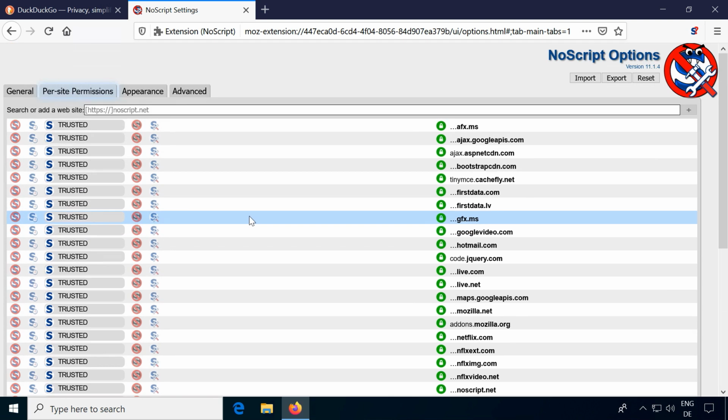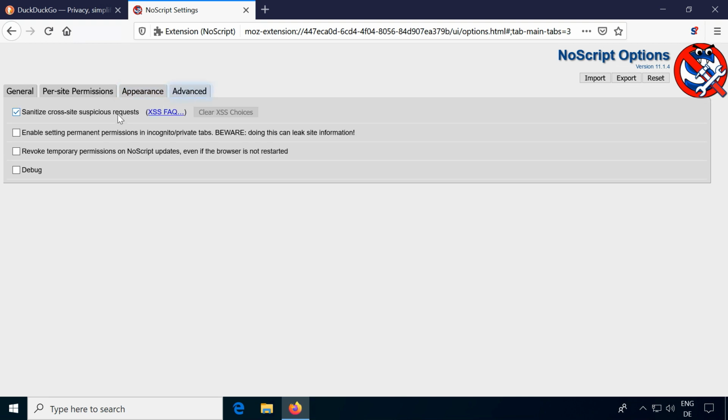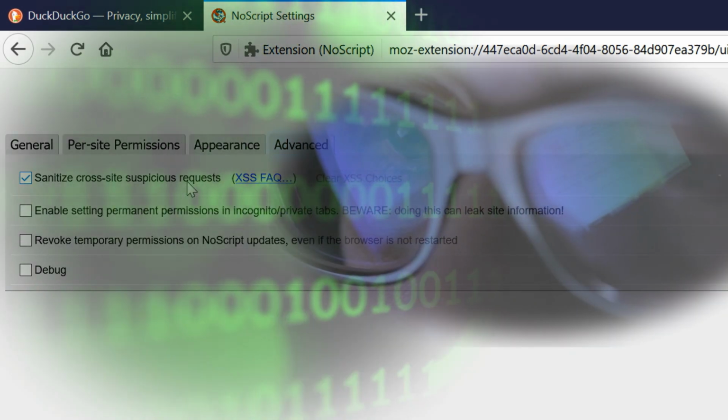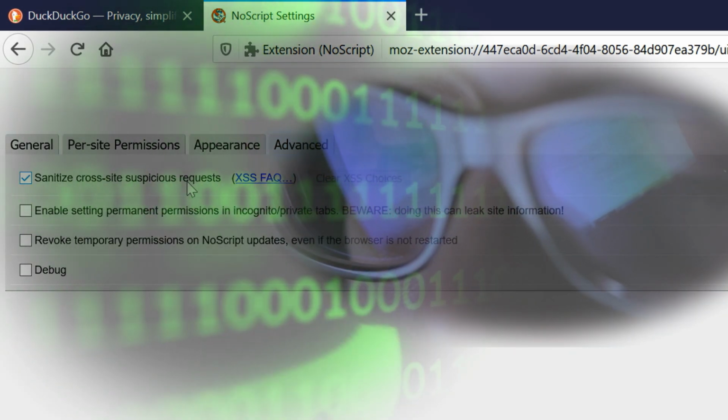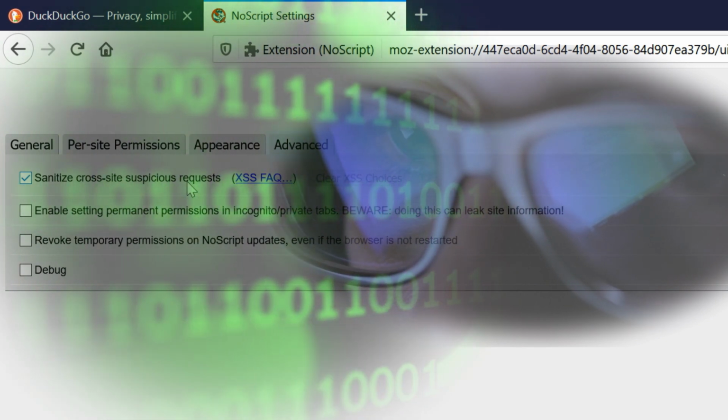The settings page of NoScript displays the per-site permissions of all websites changed. There are several popular websites listed by default. Besides the appearance settings, the advanced options are self-explanatory except for the cross-site scripting setting, which tries to prevent attacks where malicious JavaScript code is injected into a vulnerable whitelisted site, therefore bypassing the whitelist.